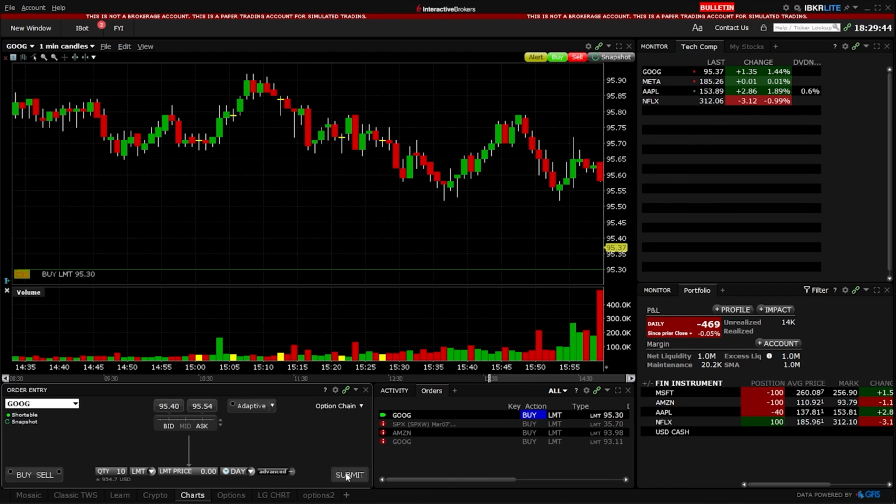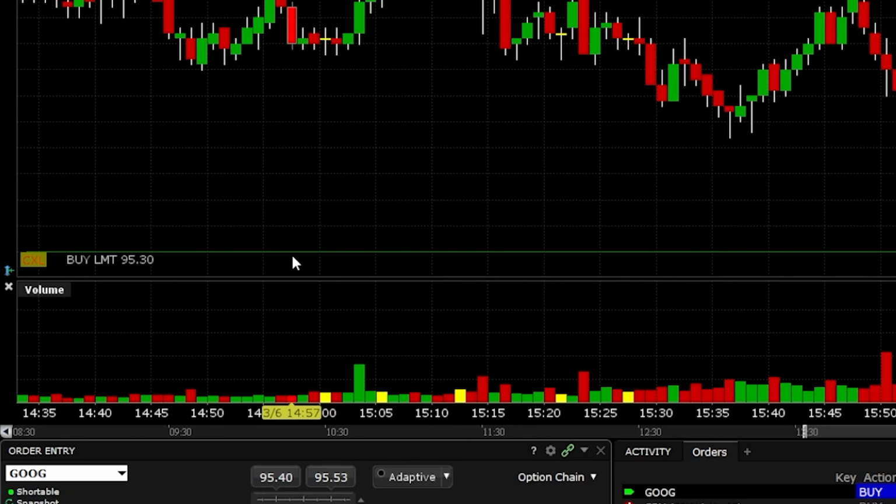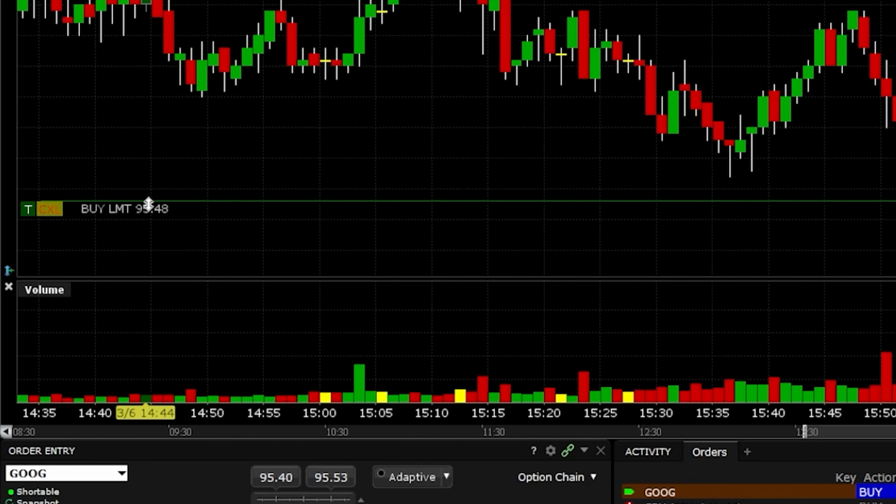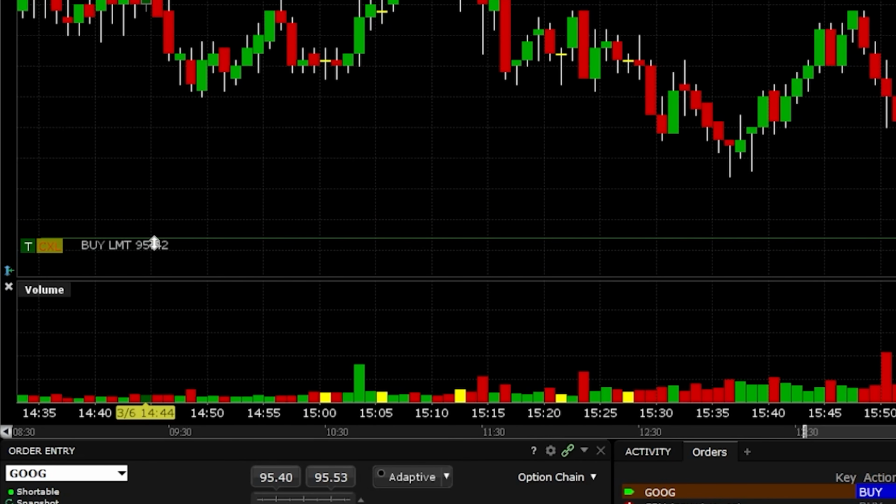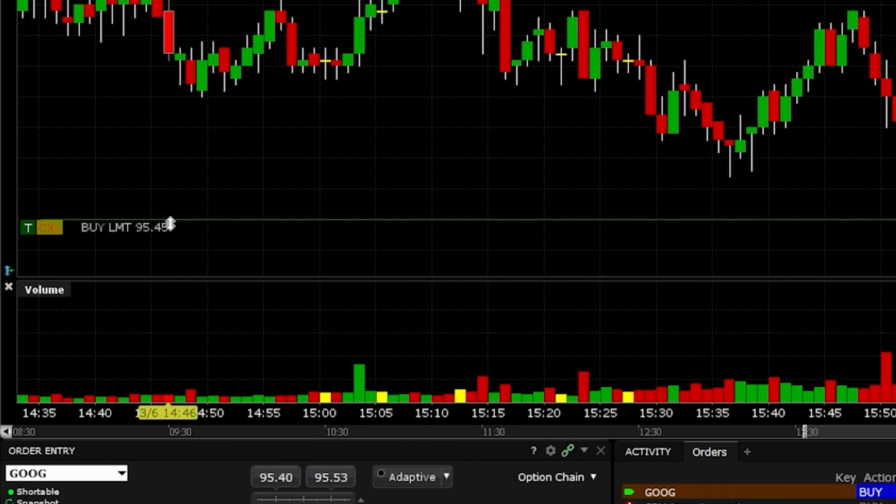We could always check on it by coming up here to the chart where you can see a green horizontal line going across my screen. And right there, I've got an open order to buy the stock if it ever drops down to $95.30. I could even adjust that order if I wanted to by simply putting my mouse on that green line and then dragging it up or down to the price I wanted to adjust it to. So in this case, if I were to move it up to roughly $95.45 and let go, you can see the price has now been adjusted to